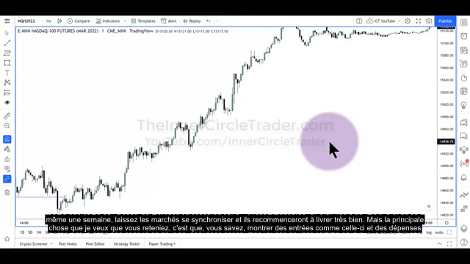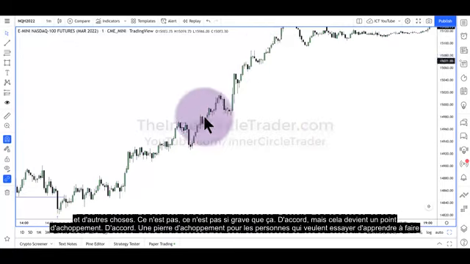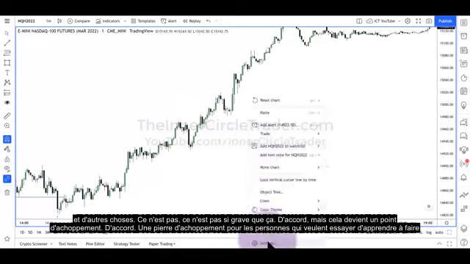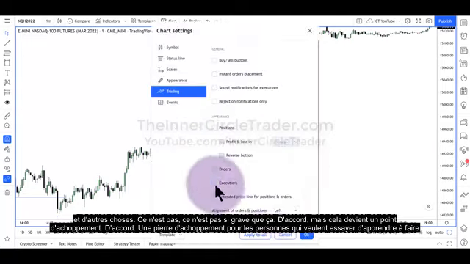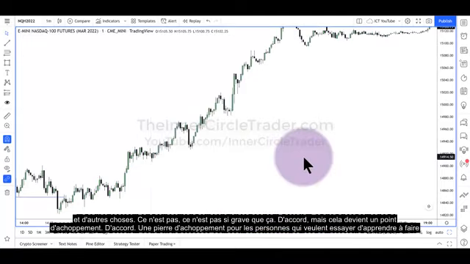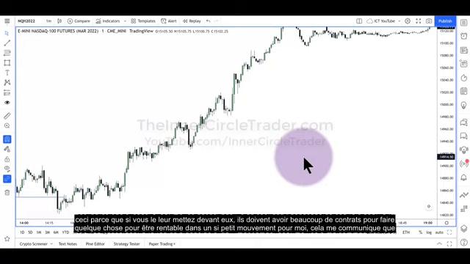But the main thing I want you to take away is that showing entries like this and exits and stuff is not all that much of a big deal, okay? But it becomes a sticking point, a stumbling block for people that want to learn how to do this, because if you lay it in front of them, they have to have lots of contracts to be profitable in such a